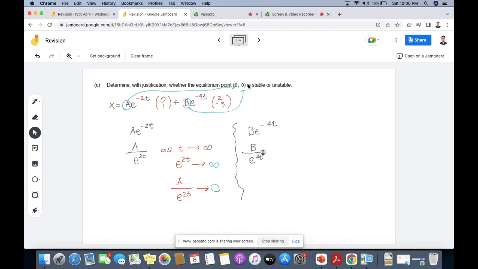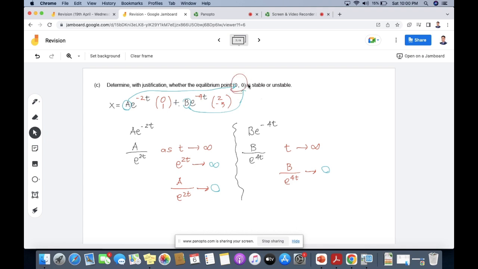Using the same reasoning, as t approaches positive infinity, B over e to the power of 4t goes closer and closer to becoming 0. Therefore, since both of them go closer and closer to 0, which is the equilibrium point stated on top,